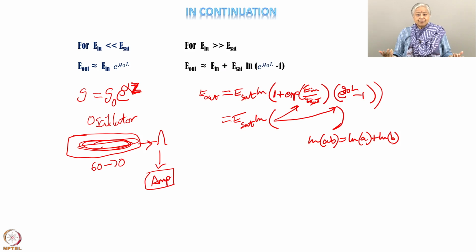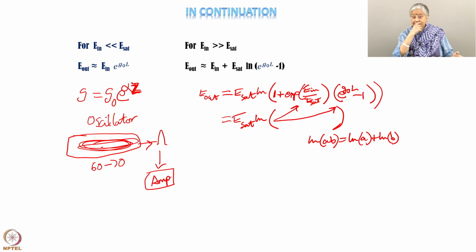So, the input energy has not increased at all, while if there is a small signal gain here, the output energy has an exponential factor applied to this input energy. Basically it is amplified exponentially, while if E_in is much greater than E_sat, then it is not exponential, it has just a logarithmic part in addition to the input energy,